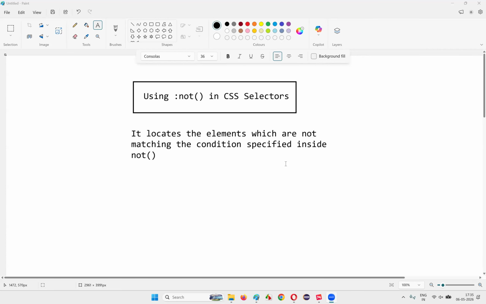In this session, I am going to explain and practically demonstrate how to use not in CSS selectors. So let's get started. When we use not in CSS selectors, we generally write a condition inside the not. That CSS selector having this not with a condition will locate the elements which are not satisfying the given condition